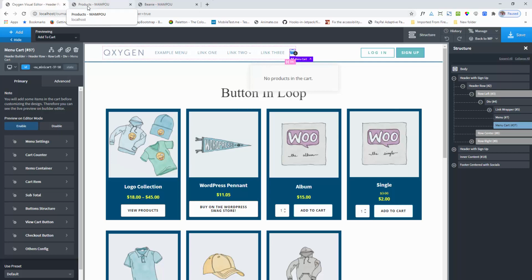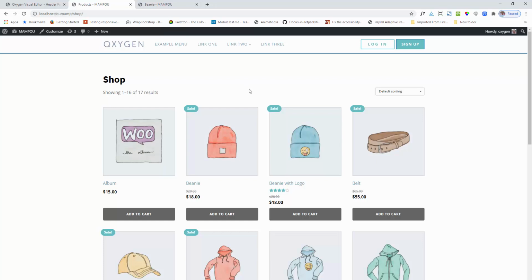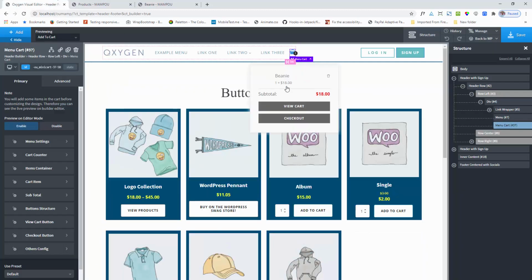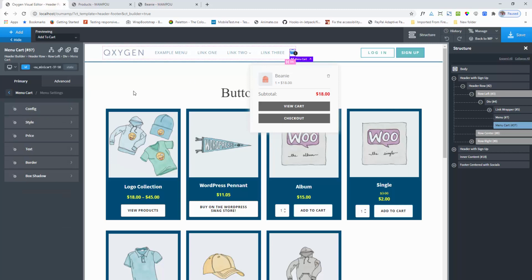So first you just add one item into the cart. I am adding one item into the cart, so you can see the preview here, and now you can customize the design. So first is the menu settings. Menu settings is these menu buttons.